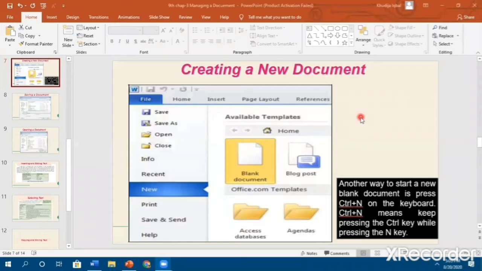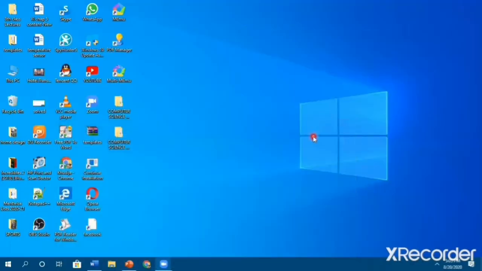The first method to manage a document is creating a new document. For creating a new document, we can perform different methods. Let's learn how to create a new MS Word document. The first and the most common method is that we place a shortcut icon of MS Word on the desktop, like I've placed a shortcut icon of VLC Media Player or Zoom or other applications on the desktop. The second method is that we can place a shortcut icon, or we can pin